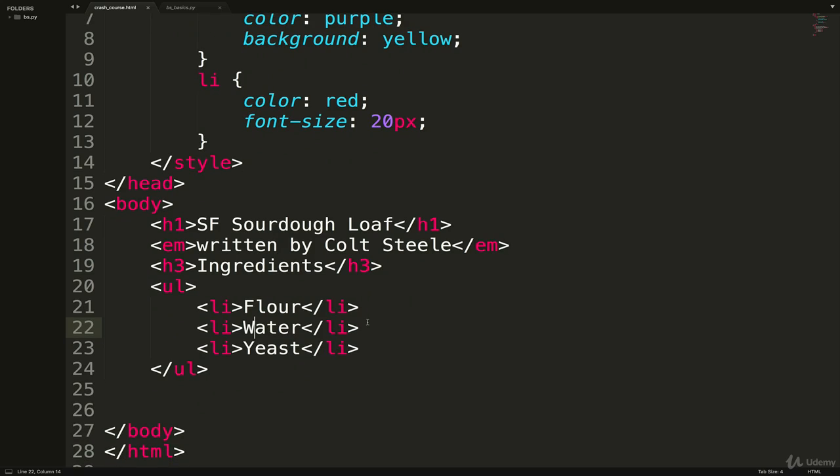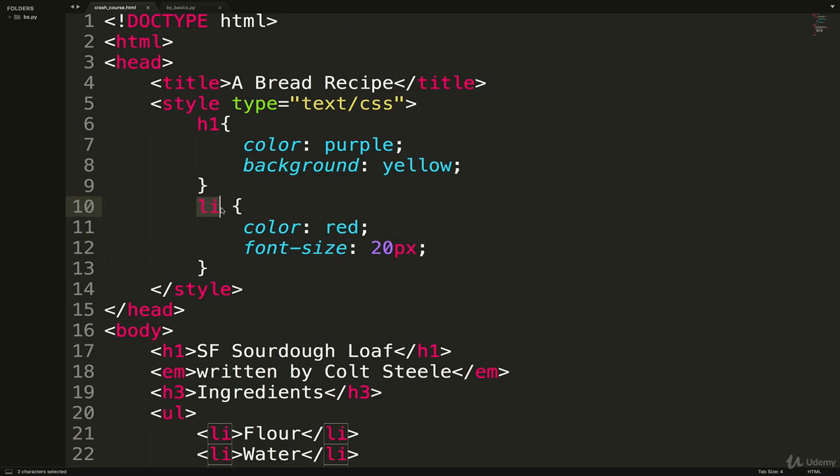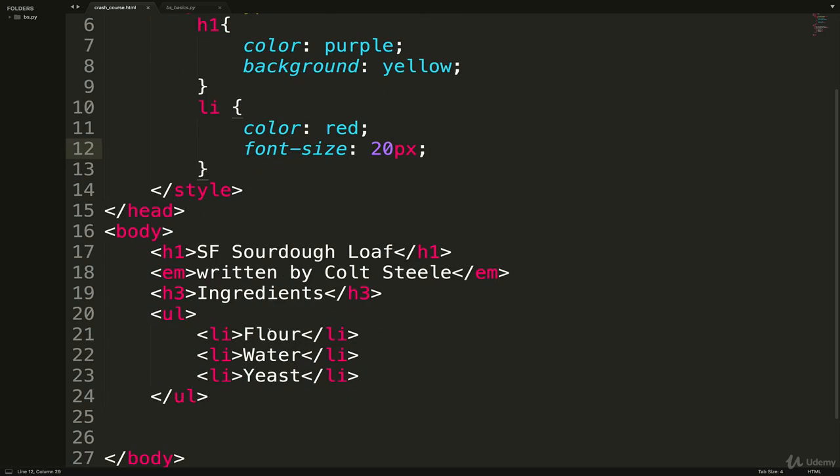The last thing I'll show you is commonly things are styled using classes and IDs. So as I showed you here, typing LI and giving styles is going to make every list item on the page the exact same. All of them are going to be red and 20 pixels. If I wanted to single this one out and make flower, blue instead, what I can do is give this LI an ID.